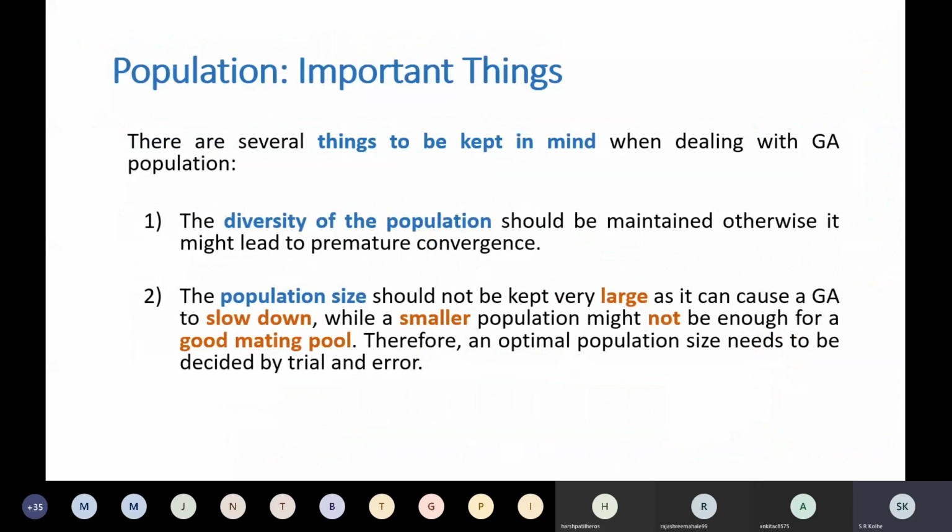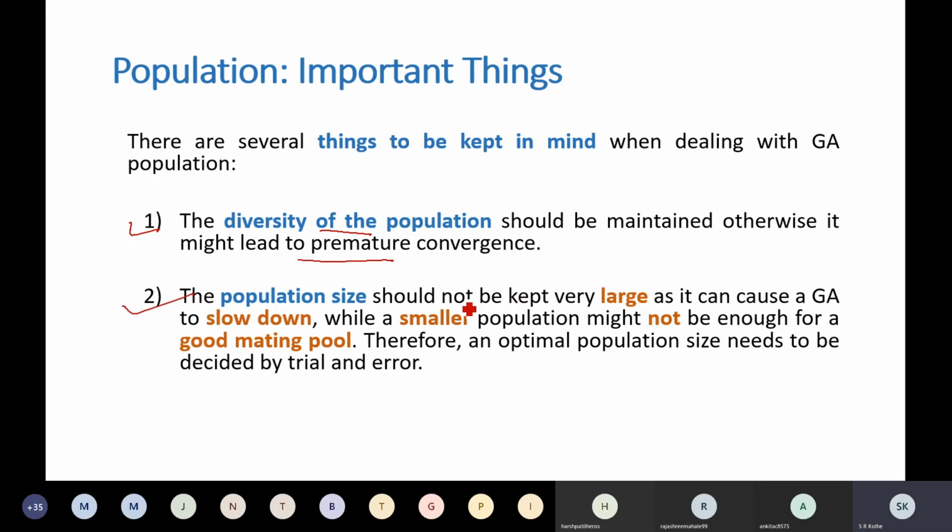Now, once we have represented solutions, a set of solutions will represent a population. Whenever you are going to represent a population, there are certain important aspects we should keep in mind. The diversity of the population should be maintained. Otherwise, that might lead to a suboptimal solution or premature convergence, as we have seen.